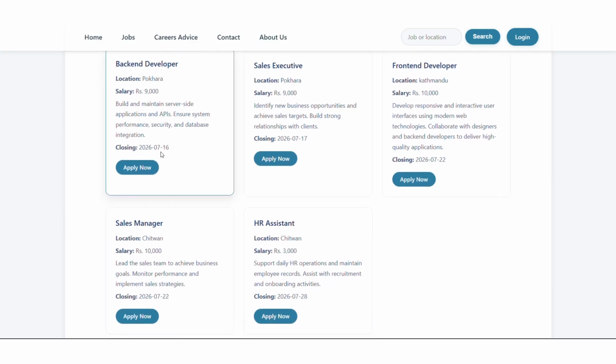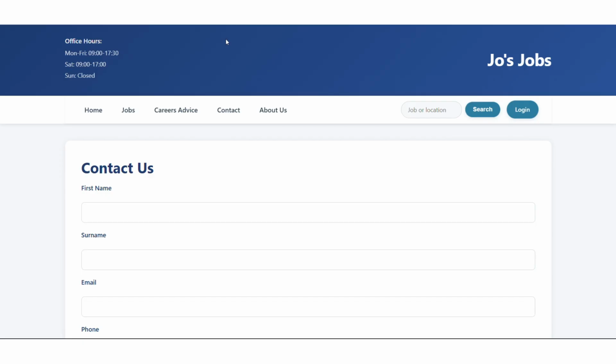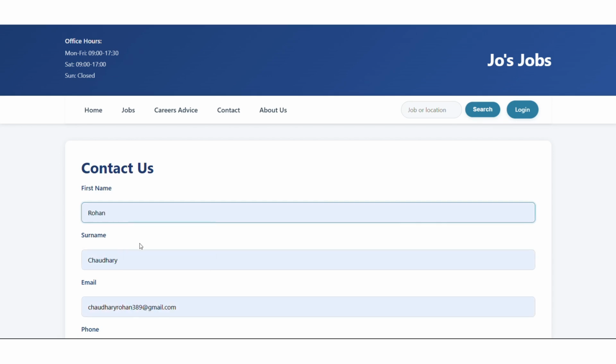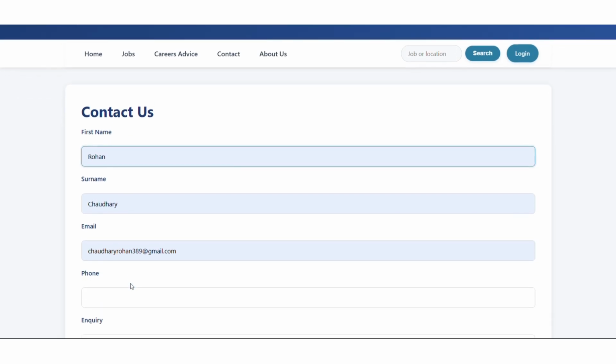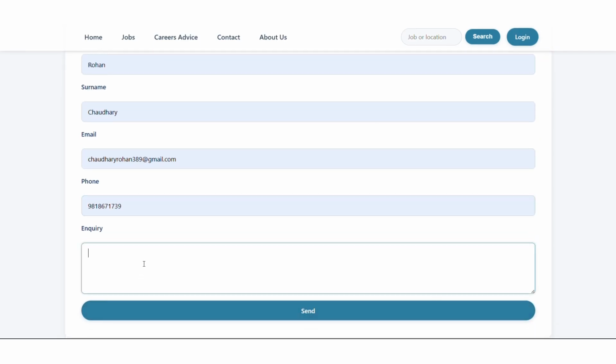Now let's move to the contact page. The contact form allows public visitors to submit inquiries. Let me demonstrate submitting an inquiry. First, name, and second, surname, third, email and phone number, and whatever inquiry you want to give to the company you can write.